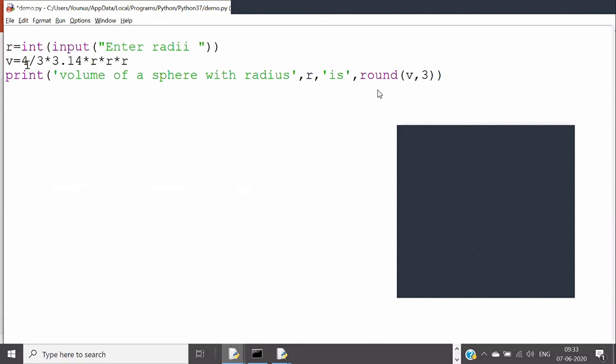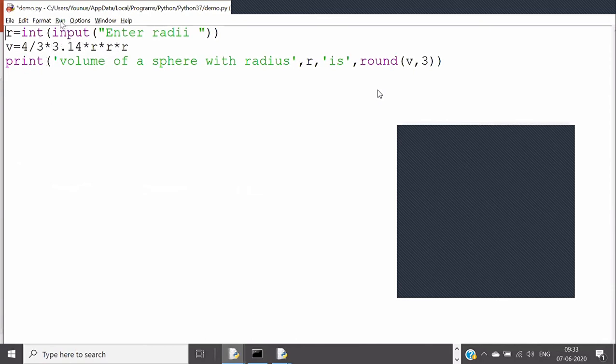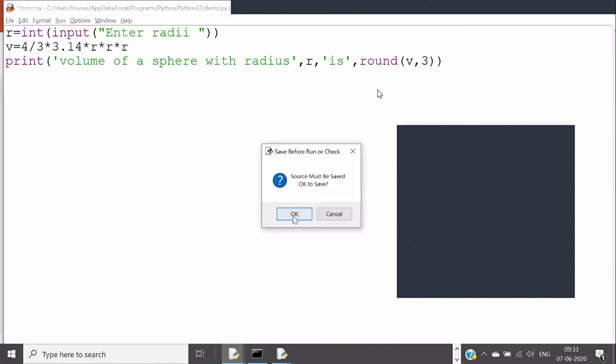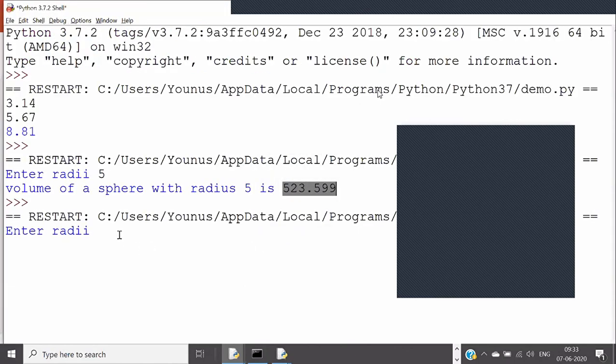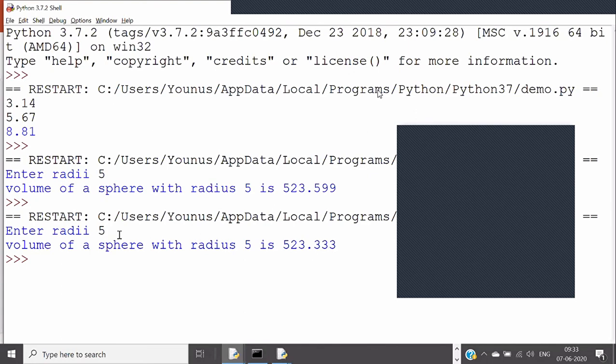Then I don't require it. I'll still get the same result. I'll say enter 5, it will get me the same result. But this time you see the precision got changed because I didn't use that big pi value. So that's why the result is a little different now.